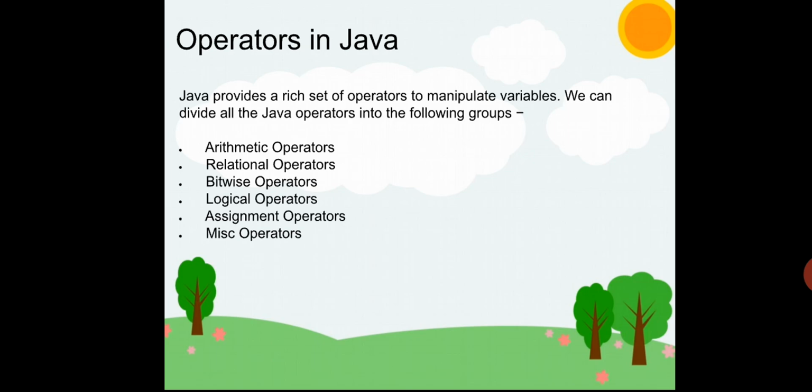Anyone? If it is a class, definitely I would have asked for some examples, but now it is a video session. I have to give the answer for this question as well, I guess. Ultimately everyone is writing a program to perform some task. It may be to process the data, or to store the data, or to display the data, or to perform some operations. To do all those things you need some operators. That is the reason why operators play a major role in any programming language.